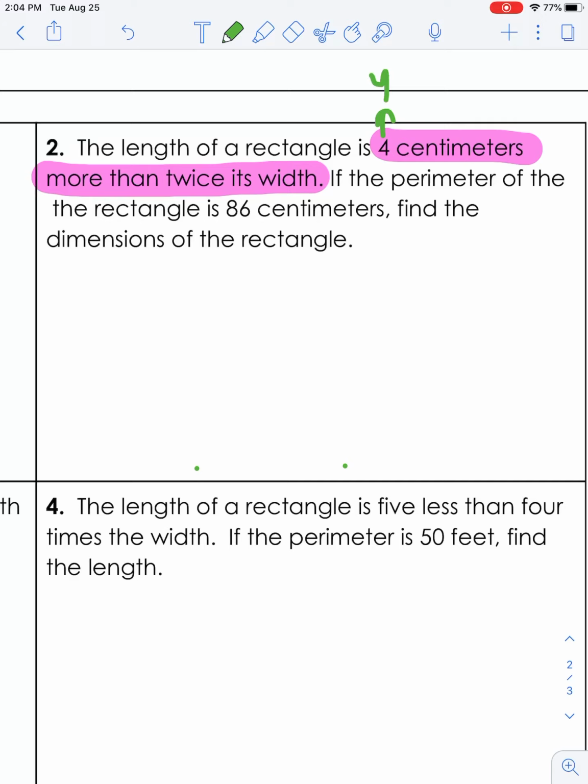So we have 4. More than is add. Twice means times 2. So what are we going to multiply 2 by? Its width. So width could be W. So 2W. More than is a turnaround phrase, so we're actually going to reverse this order and write 2W plus 4 equals the length,